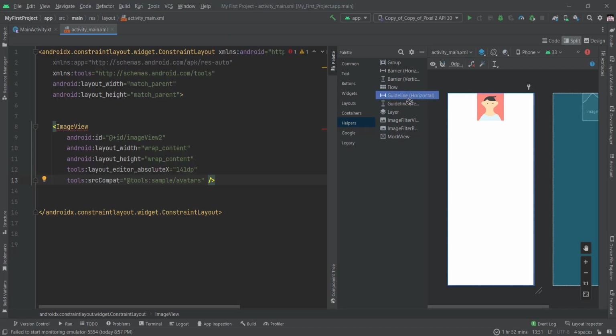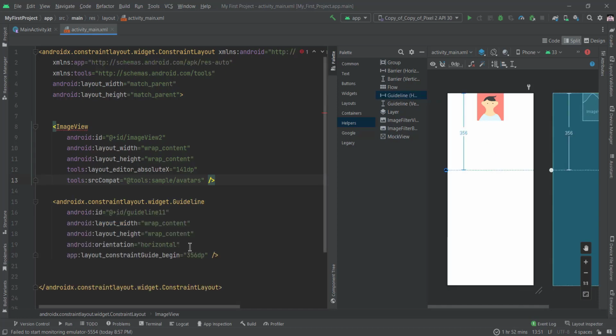In this case, we're going to use the horizontal one, and you can see the guideline is added. And here we have this attribute. All it does is that it just makes the guideline start from the top of the parent and then moves the guideline from the beginning of the parent to the bottom with 356 dp value. And if you want to change this, you could just simply change from the begin to the end. And you can see here, it just starts from the end of the parent and moves the guideline to the top with